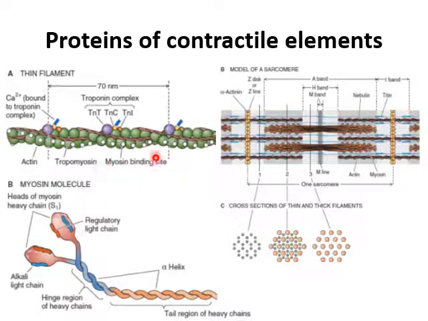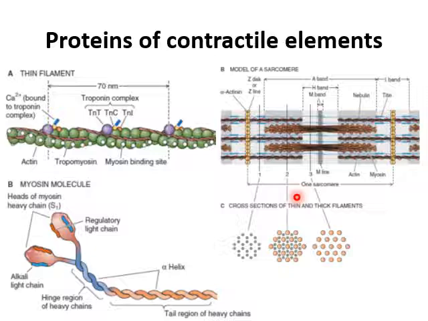Now, if we see how they are arranged in the muscle in cross sections, when we see the cross section just near the Z line, you will find only the thin filaments, whereas if you see the cut section in the mid region between the dark band, you will find both the actin and myosin, whereas if you see the cross section near the M band, you will find only the myosin. So that is all about the important contractile proteins.